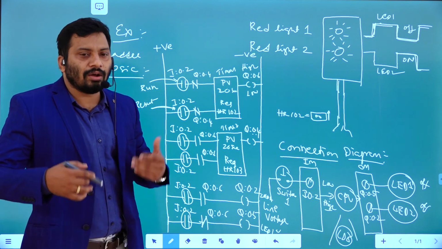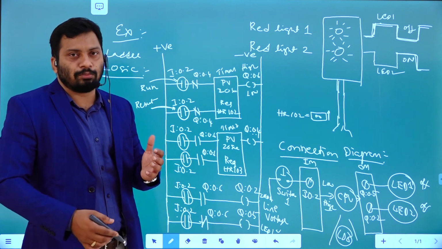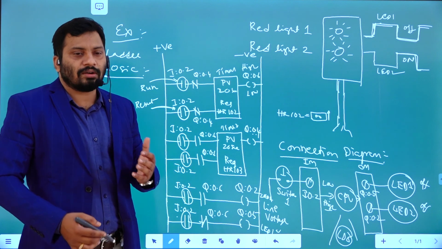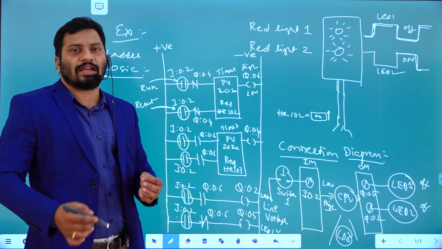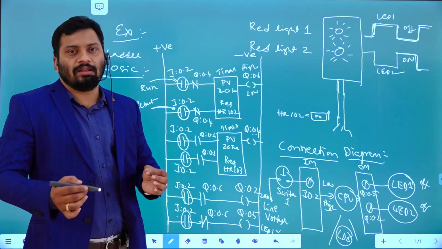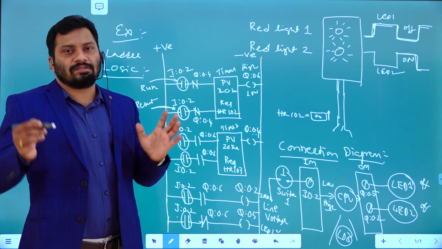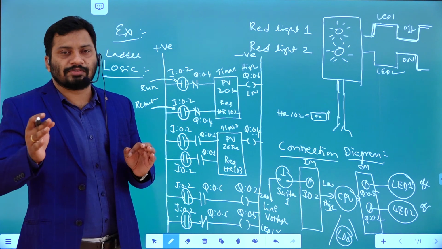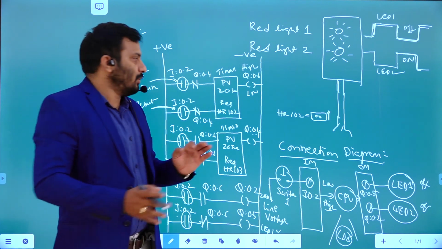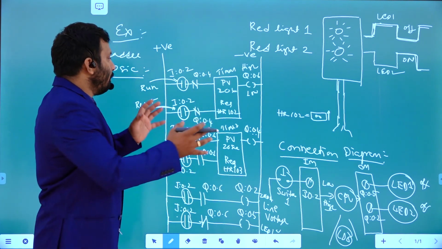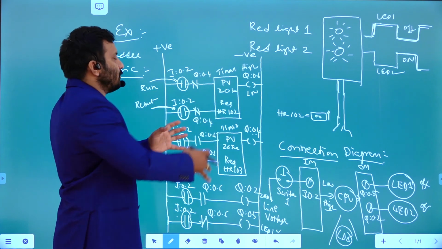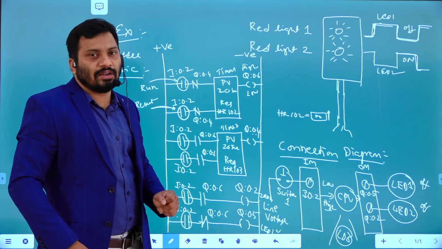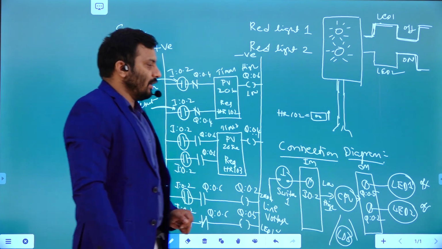In any logic we have developed up to now using timers, what is the use of a timer? The timer is just providing some delay between two events, or while performing operations one by one. If you want any delay, you can provide that delay by writing the rung in the PLC logic using the timer block. This is one example, right.